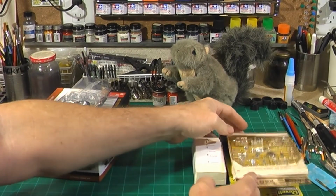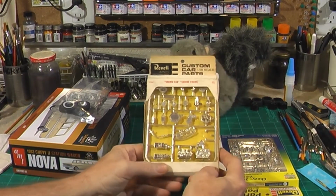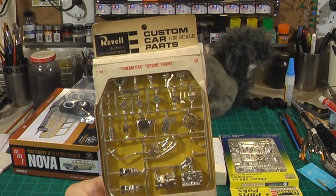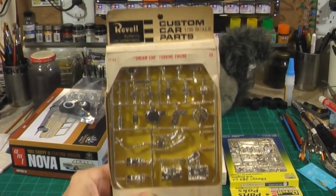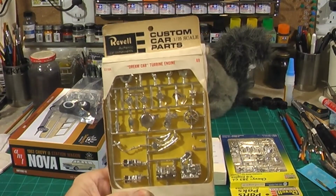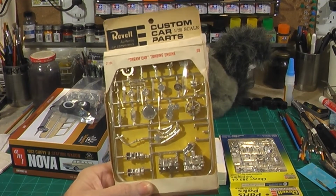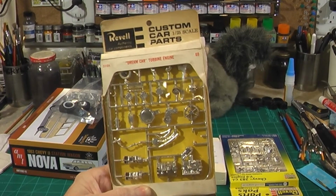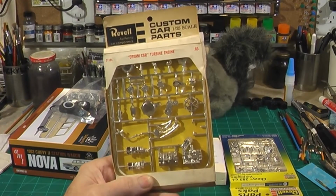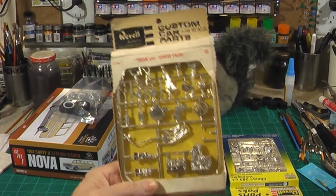And because it's a curbside, I'm going to put an engine in it. And this is going to be my first choice. Is this Revell Dream Car gas turbine engine. So I'm not exactly sure how this is going to work yet. I've kind of looked at it. I'm not sure how it's going to fit down in there yet. It looks pretty plausible, but we'll find out. I won't know till I get a little further along with the kit as far as starting to do the chassis and stuff and how this is going to fit in there. If this doesn't work out,